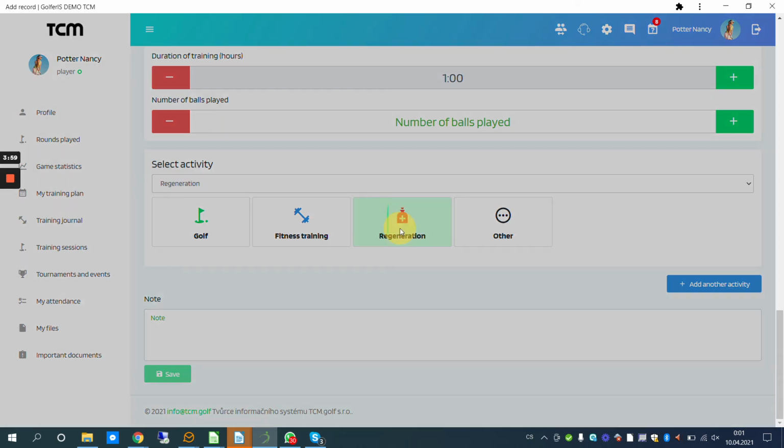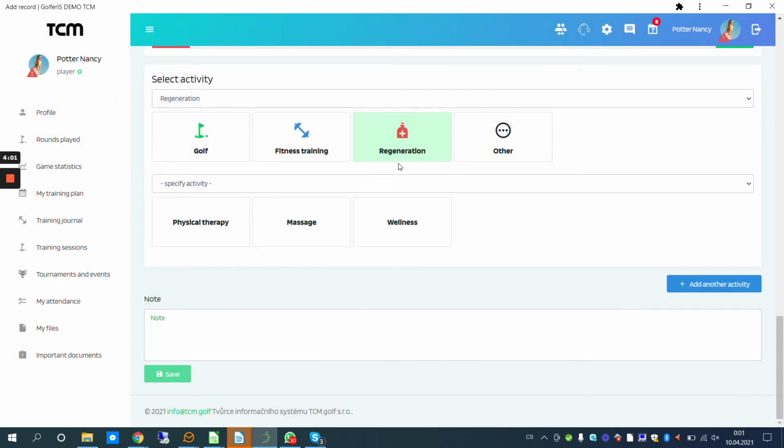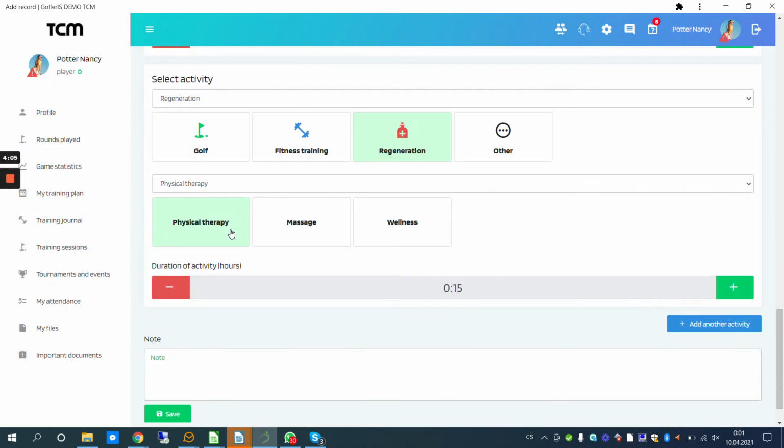After the practice session, you did the regeneration, physical therapy for half an hour,